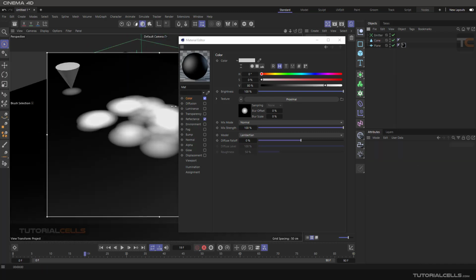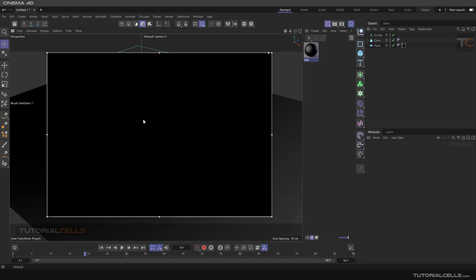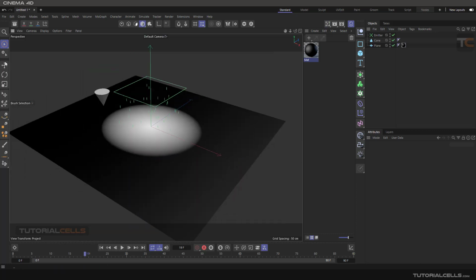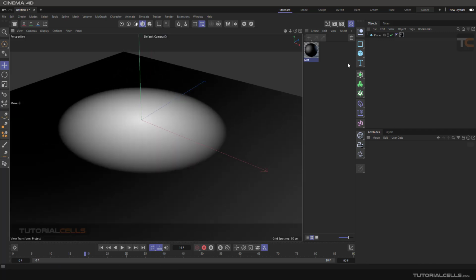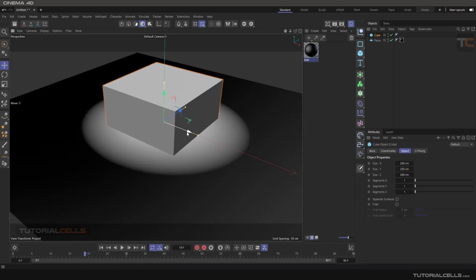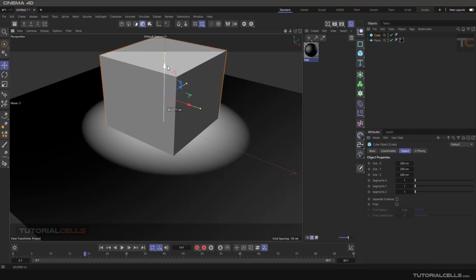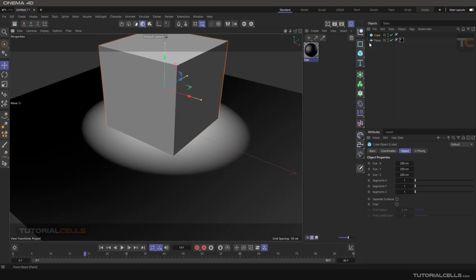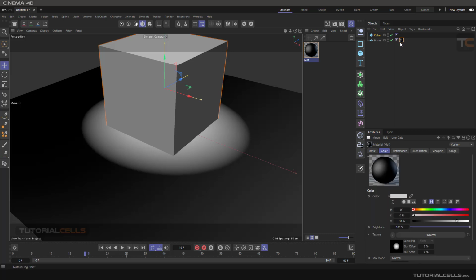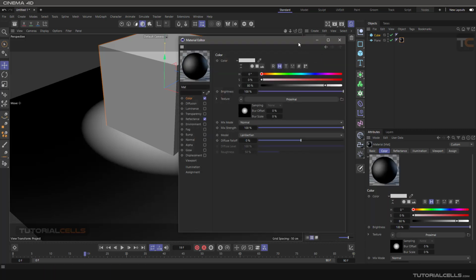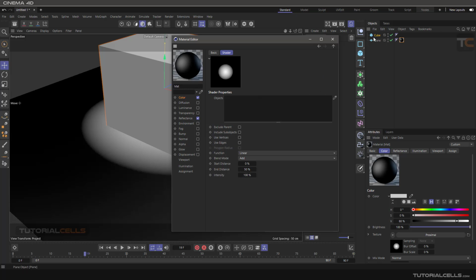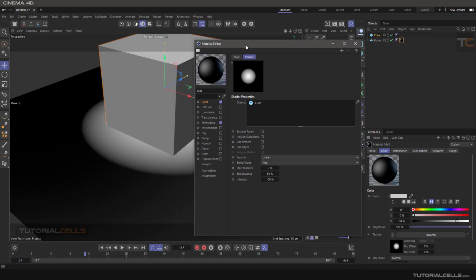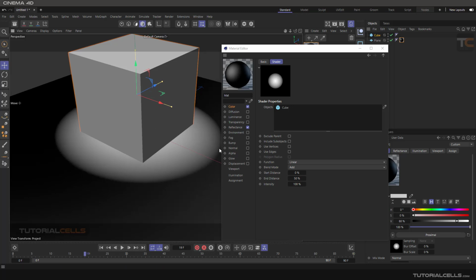You can delete the lights, and also, instead of the emitter or coin, you can use another object. For example, this box. Go to the shader, click on the tag. Where are you? And in the proximal, drag and drop the cube. It's just a simple cube. It's actually creating that